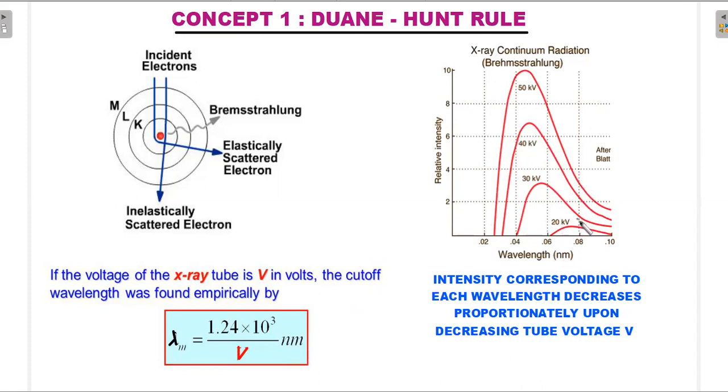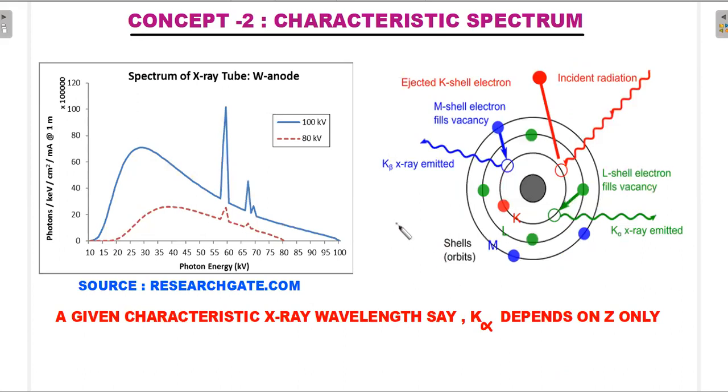For 20 kilovolt to 30, 30 to 40 and 40 to 50, the intensity actually proportionately increases once the voltage is increased. Okay, right? Or you could say it proportionately decreases when you decrease the voltage. So when you travel from 50 to 20, you can see there is a fall, or travel from 20 to 50, there is a rise. This is something that you will also have to note to attack the question. Okay, so once concept 1 is done, let's move forward.